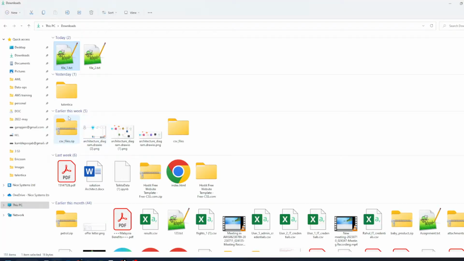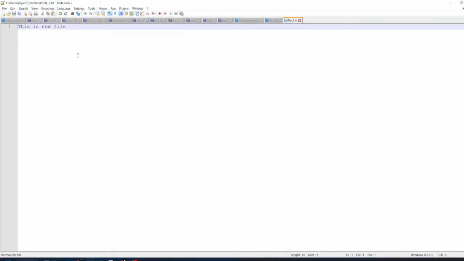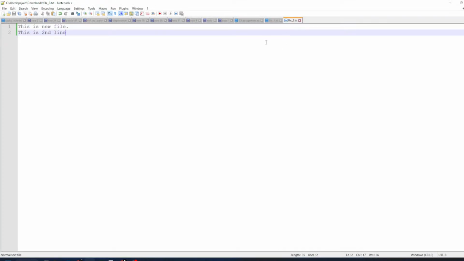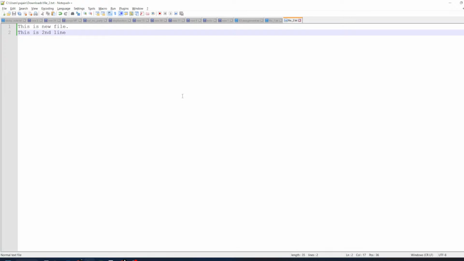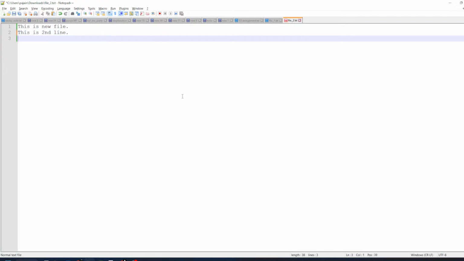So I have now both the copies of the data. File number 1, which contains only one line, file number 2, which contains two lines, right? So here I'm saving this file. In the future, I can use this file. Now I'm updating this thing. Now after this,